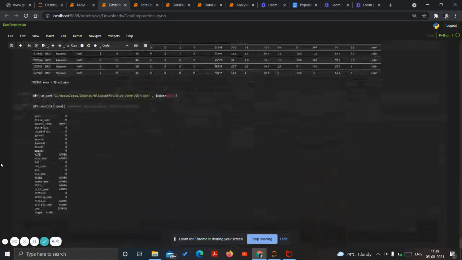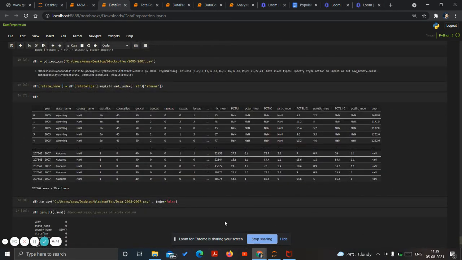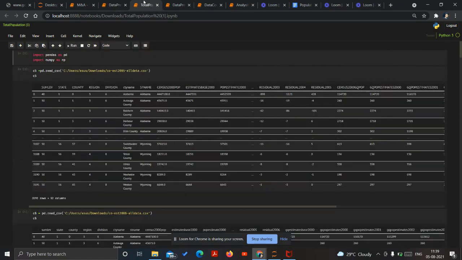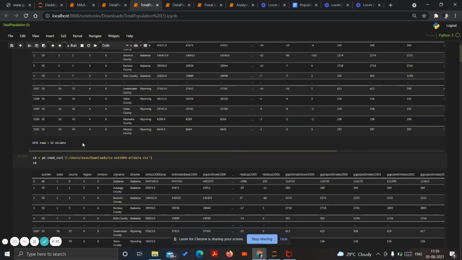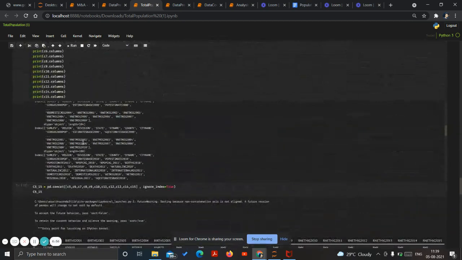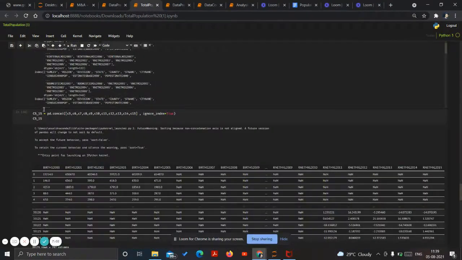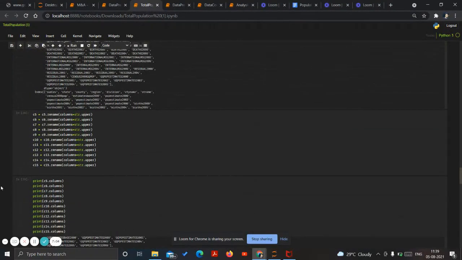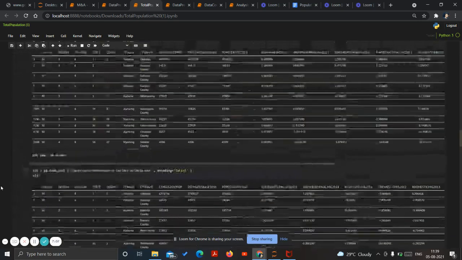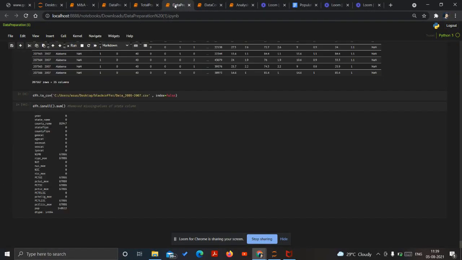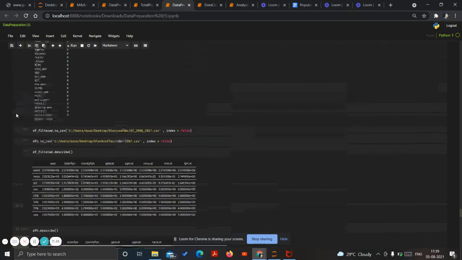Once all of them are done, the final file would look something like this. These are from 2005 to 2007. There's another file from 2008 to 2017, right? So this is the total population chart. As you can see, there are many operations performed, right? So concat, renaming. These are all the pandas operations. So the project is completely based on pandas, and then data preparation, which involves all of them.